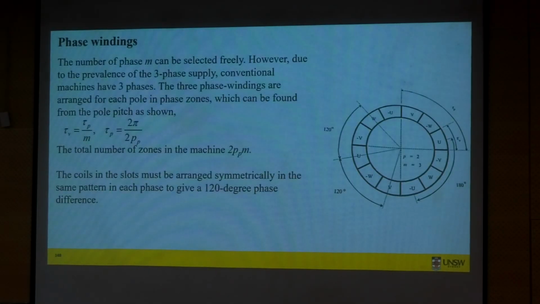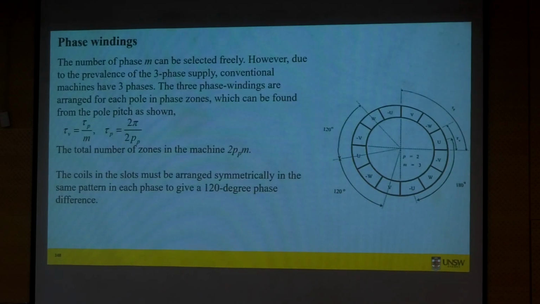And these windings we must distribute in a particular way so that we get a 120-degree phase difference between each phase winding. You cannot randomly put phase windings in random slots. It has to be in a particular way so that we get the 120-degree phase difference. So for example here,